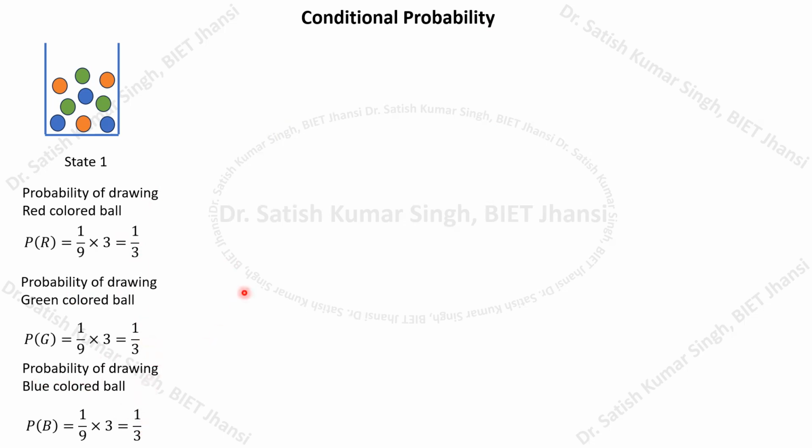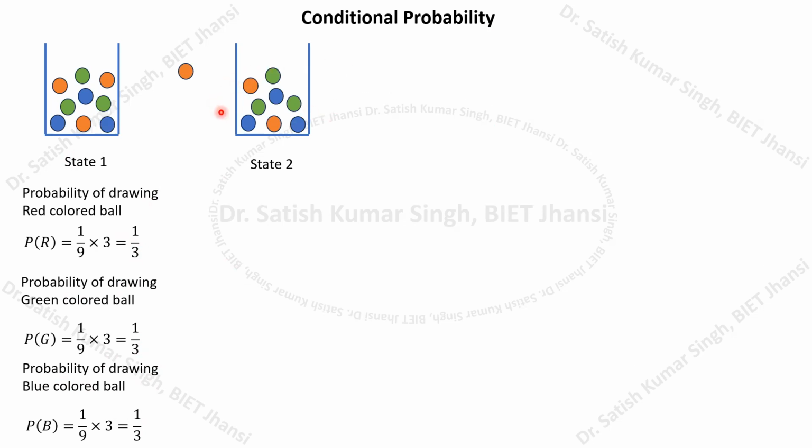Now consider state 2. Let us suppose that we have already drawn a red ball in the first case. In this particular state 1, I have already drawn a red ball, and this red ball has not been replaced into the container. So now this becomes system 2, the state 2 of your system. The system has changed, and you have to remember that, because initially we had a total of 9 balls, and after conducting the experiment at the first draw, we have drawn this particular red ball. Now the condition has changed.